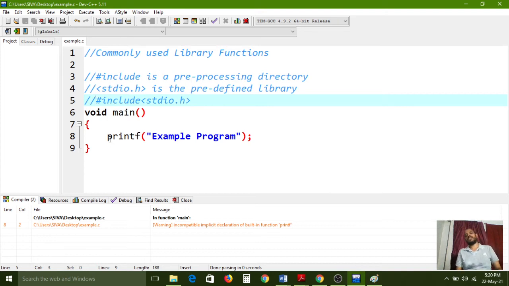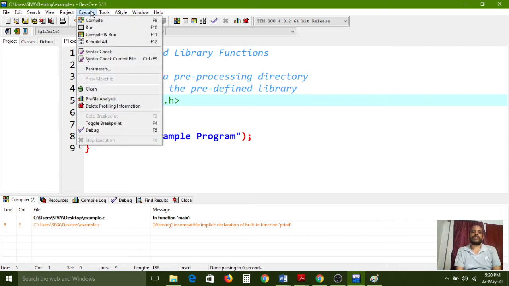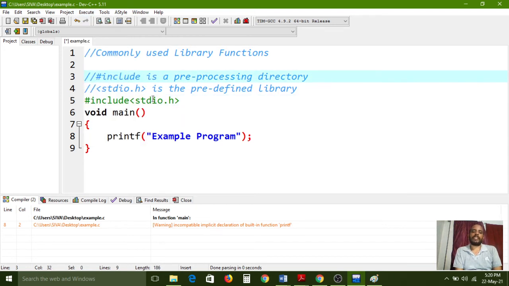Understand? It is a common library. If you remove the comment, that error will also go away. That means first it will go to the preprocessor and check whether that library is available. If the library is available, then the printf function gets linked; I mean, this definition comes from this library only. That functionality is going on behind the scenes. So that much importance we have for the libraries.